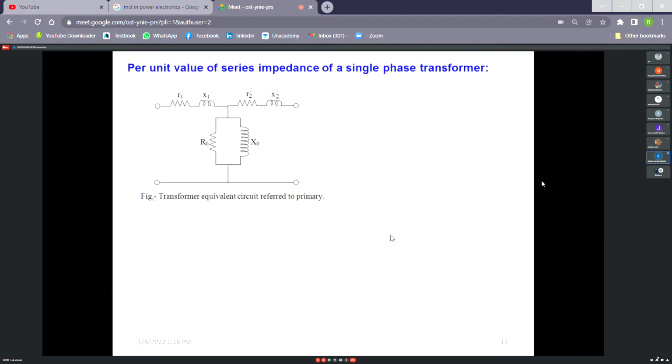Next, another issue is there. When we connect a transformer in a system, the transformer is indispensable in a power system. And when there is a transformer in a power system or anywhere, there is a primary side, secondary side issue, because primary side and secondary side parameters are entirely different, okay?